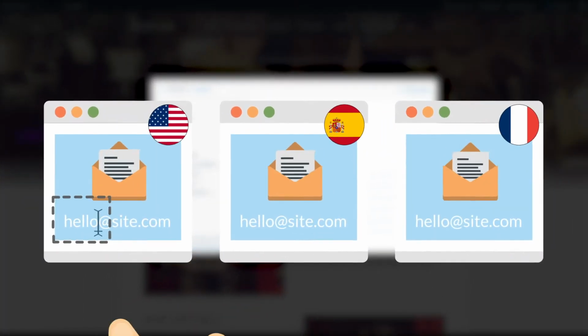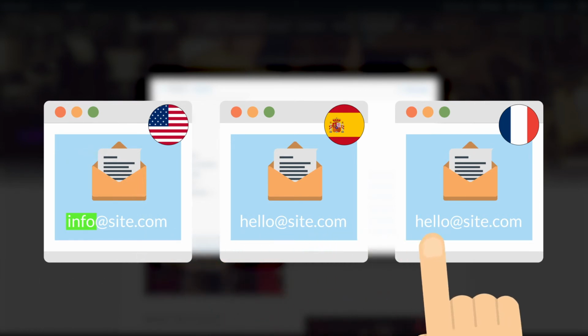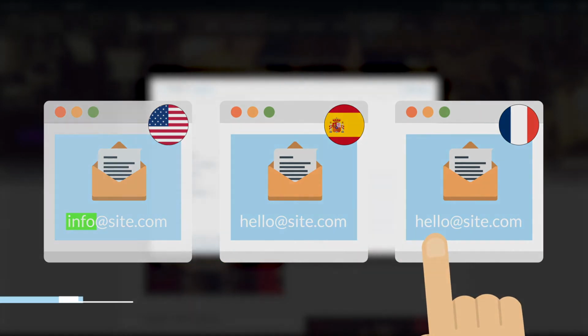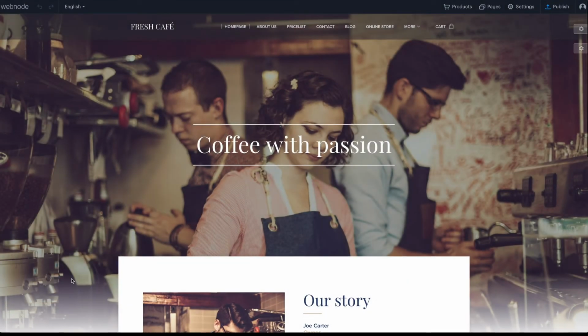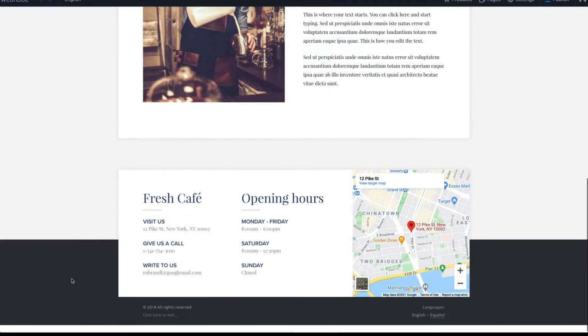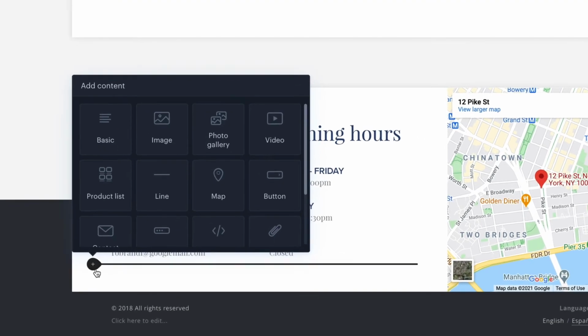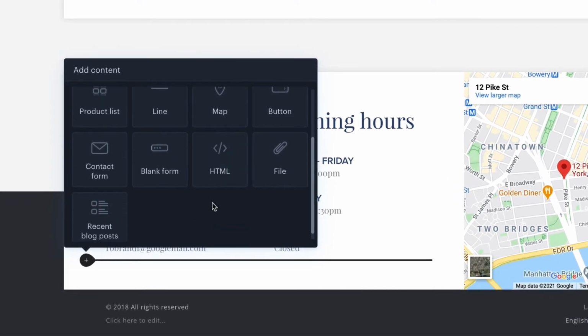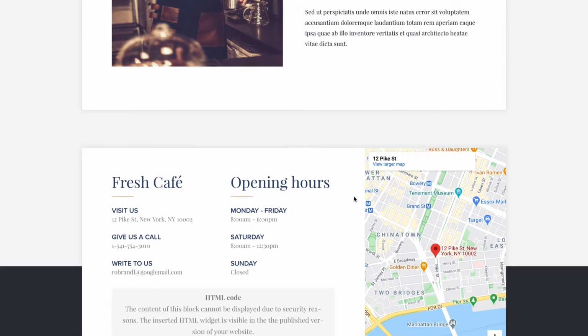One thing to note is that, from this point on, any changes made to your original site won't automatically get added to the new language versions. You'll need to update these manually. So far, so good. However, there are a couple of things we'd like to see Webnode improve on. Firstly, it lacks an app store, which can make adding extra features to your site a little more complicated. If you want to add integrations to your site, such as a newsletter sign-up form or social media feed, they need to be added by embedding HTML code.